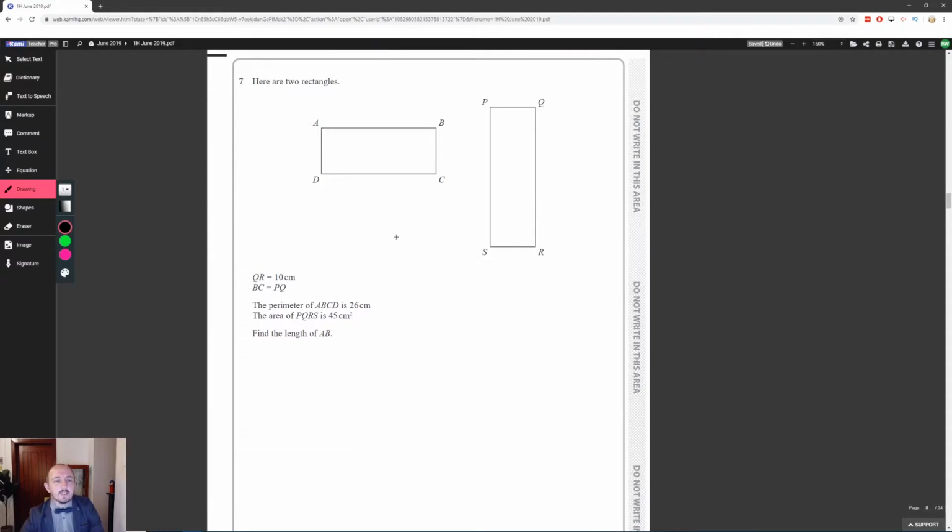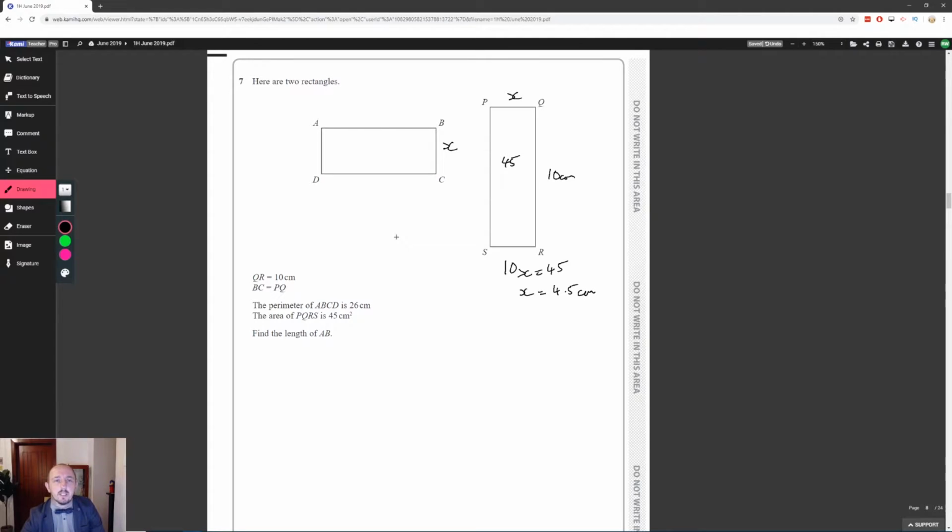We have 2 rectangles here. QR is 10 centimeters and BC equals PQ. We don't know what they are, let's just call them X. The perimeter of that is 26, the area is 45. So we can work out that 10 times X is equal to 45 for the area, so X is 4.5